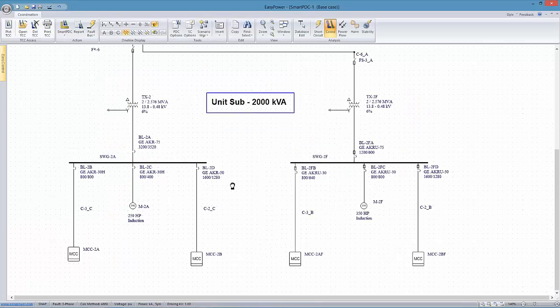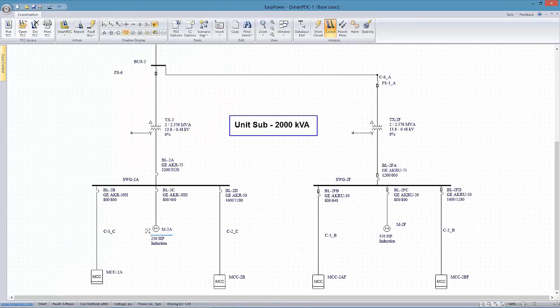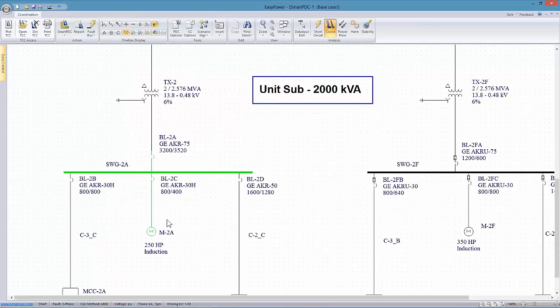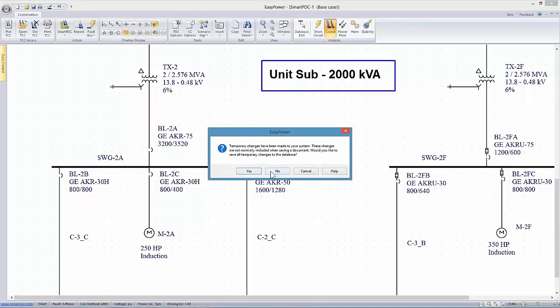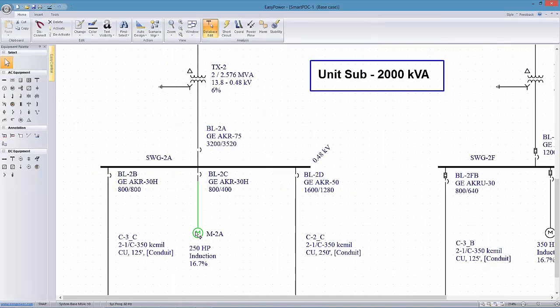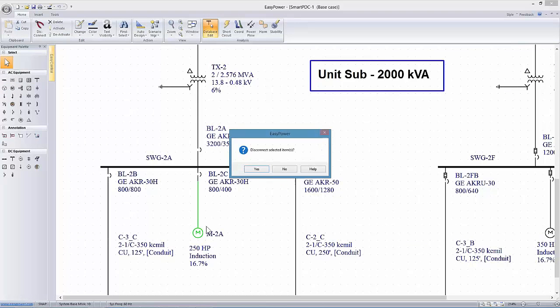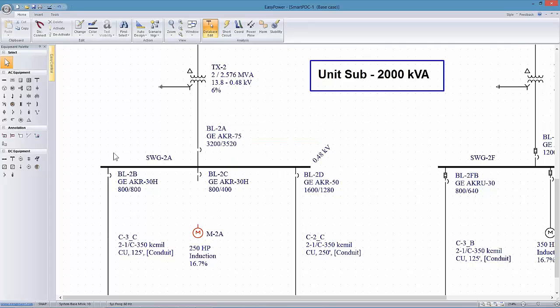We can do the same thing. Let's come back over here and look at the loads on this side where we want to coordinate this. The motor's not a bus. So at this point, if we wanted to consider a fault on the motor, we might have to be a little bit clever and do something like this, where we disconnect the motor, we put in a bus so we can fault it,